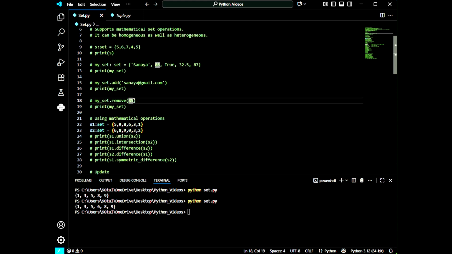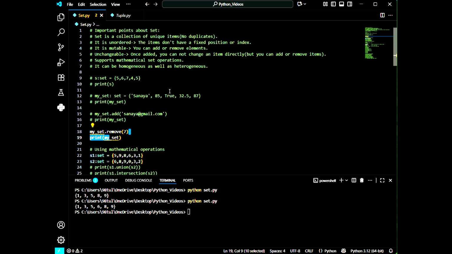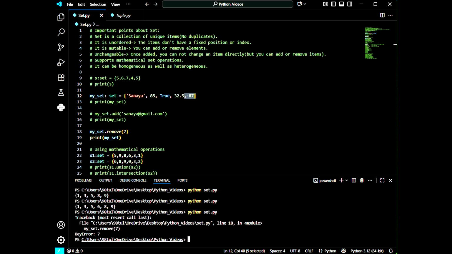Okay, let me check here. So I am giving here 7, and now I am going to uncomment this line. Okay, this line also. So I'm going to print. So it is giving me an error. As we can see, my set remove 7.